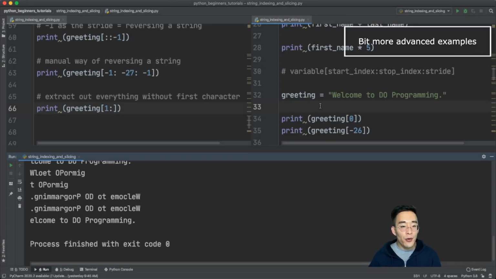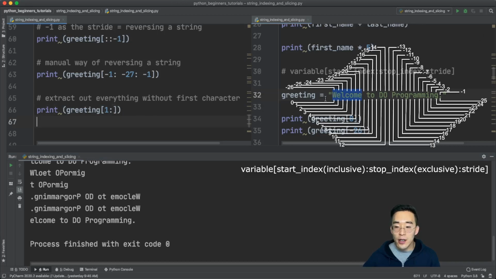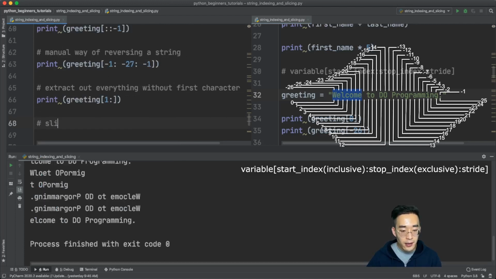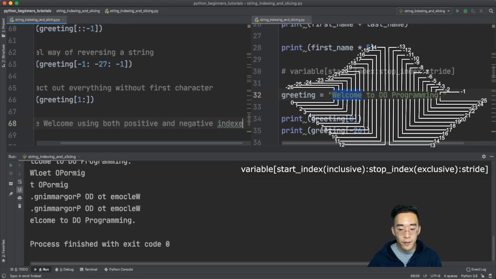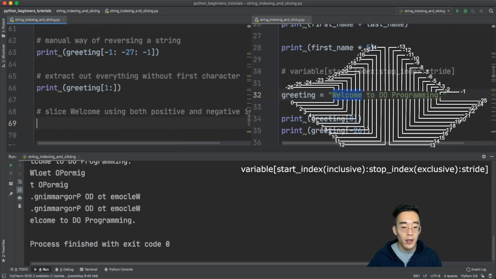So now we've gone through some of the examples of indexing and slicing. Let's try to combine the positive and negative indexing together. Now let's try to slice the word welcome using both the positive and negative index. So I'm going to write: slice welcome using both positive and negative indexes. And I'm going to be printing greeting bracket, and the negative index for the W is